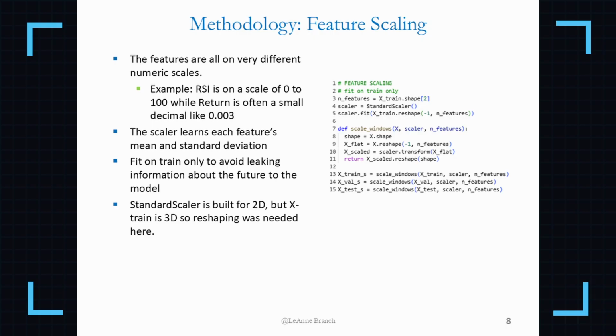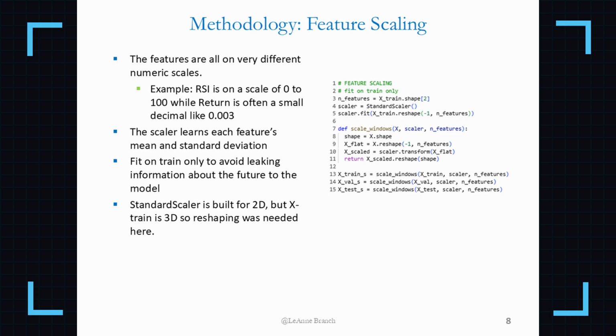You have other features, though they're all very different scales. RSI is between 0 and 100, and return is usually a very small decimal. So the scaler learns each feature's mean and standard deviation, and it fits on train only to avoid leaking information about the feature into the model, because remember last slide, that was a little bit of a problem at first. After scaling, reshape puts it back into the proper shape that the LSTM model is going